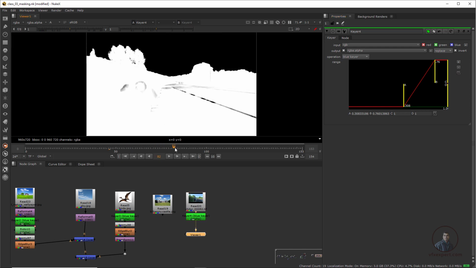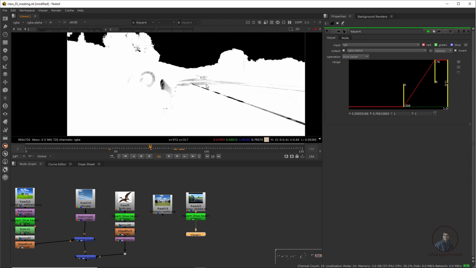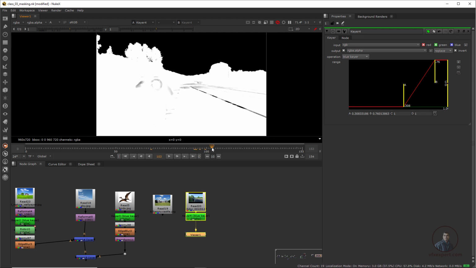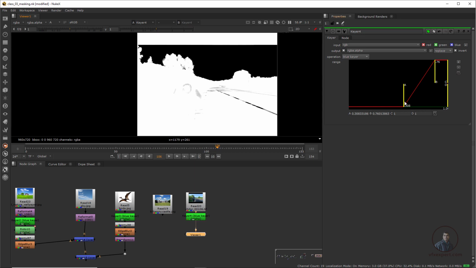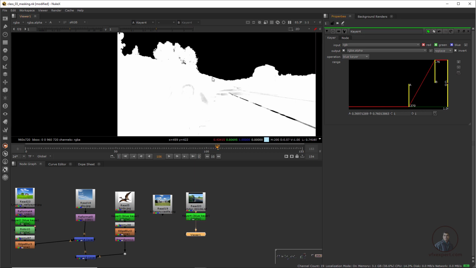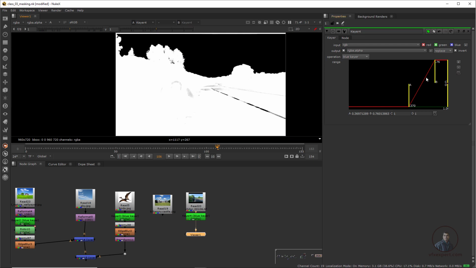Now you can see this is our matte, and these gray pixels we have to make pure white, otherwise this will be semi-transparent. So for this, just adjust carefully, because if you adjust too much, this may create problems with your edges here. So remember, not too much value, because we only have to focus on this separation.